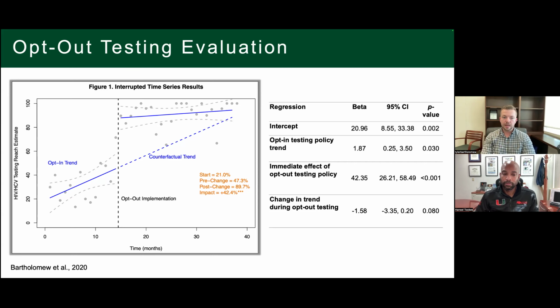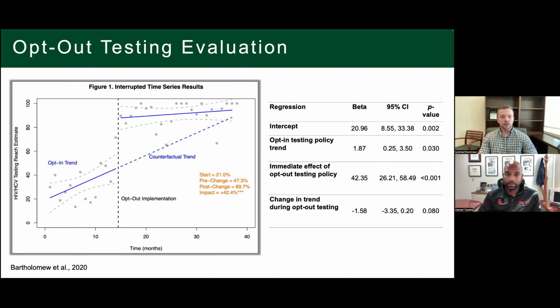testing, 89.7%. And so we actually see that trend continue on. And this was months and months, years and years after we implemented opt-out testing. And even with updated data, again, these data stop in January 2020. We're now 5 years past that. We run this same type of analysis looking now, and we still continue to have, on average, about 85 to 90% every single month of people accepting HIV and HCV testing. So just the change in policy, just the change in language can have profound impacts when it comes to testing